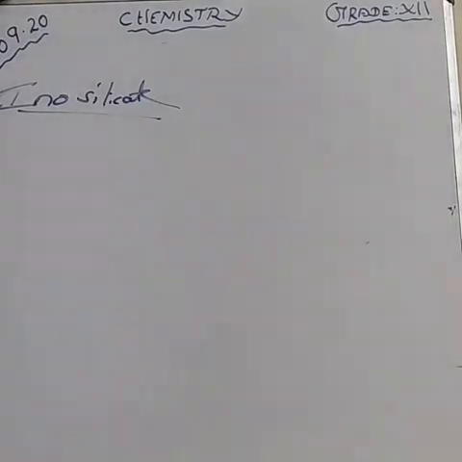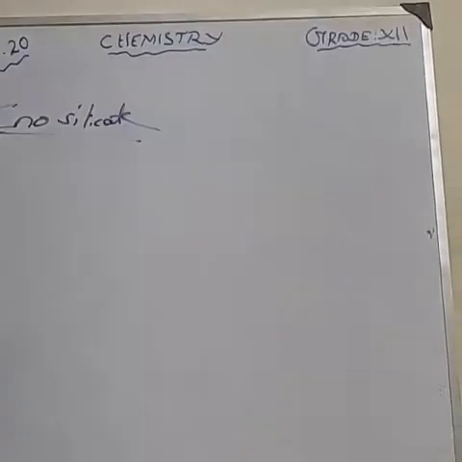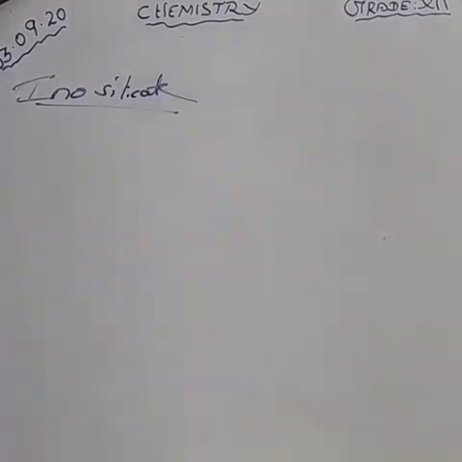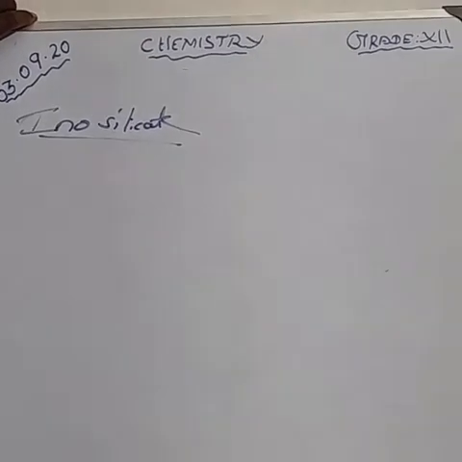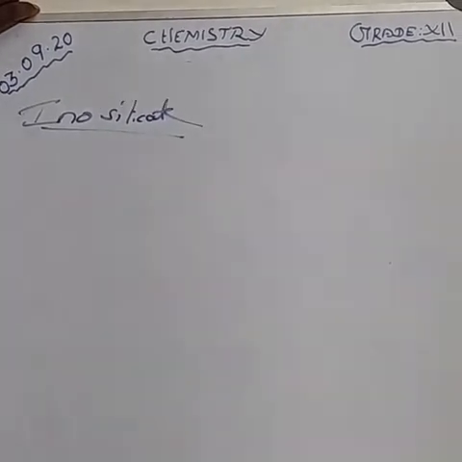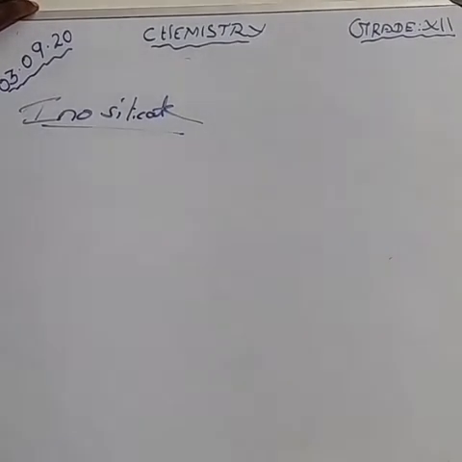Here, the silicate contains n number of silicate units, where n means a number more than 3, 4, 5, 6, 10, maybe even 100. Inosilicates: n number of silicate units linked by sharing 2 or more oxygen atoms.